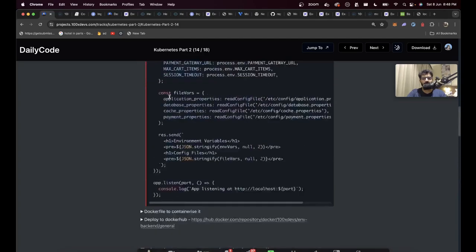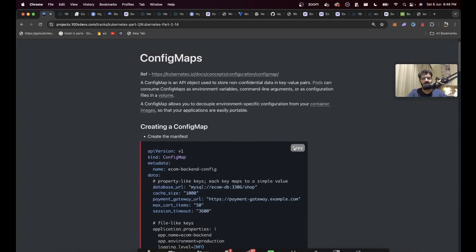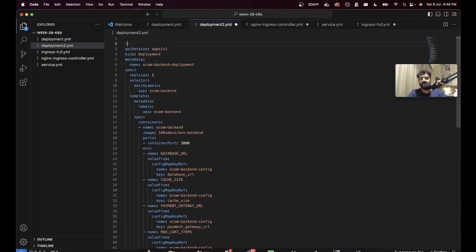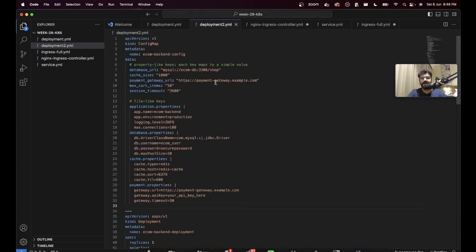If you remember what was present at the top of this slide, let me copy this and paste it above. I created a config map. I said create something of type config map, and this is the database URL there. This is the cache size there. This is the name of my config map. If I just apply this much, let me remove everything else below. If I just apply this much,